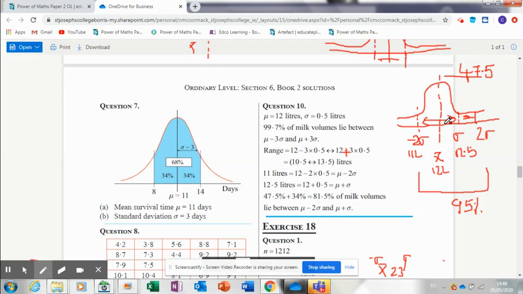And between here and here, this bit in here is 34%. Right? So what's this bit in here? It's going to be